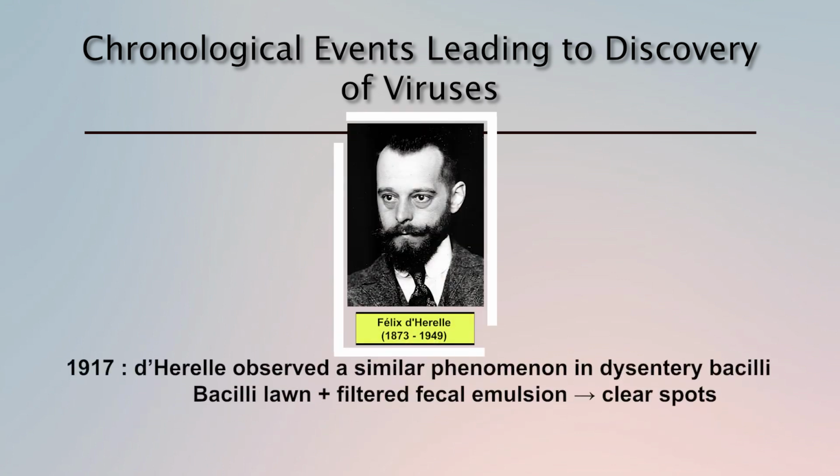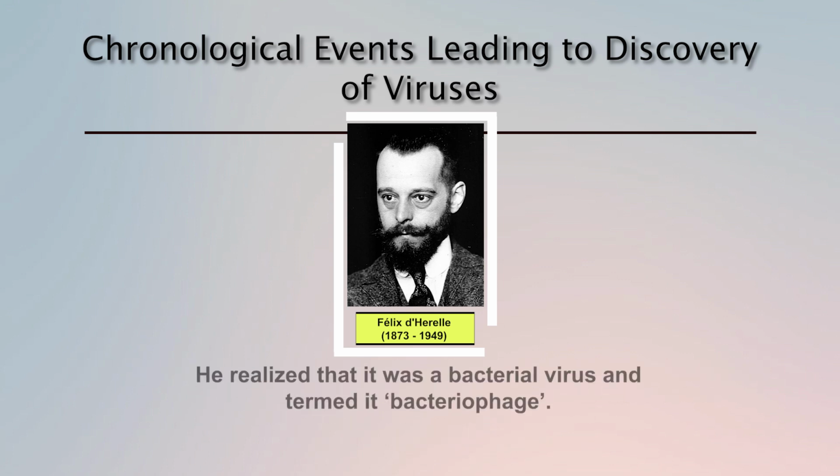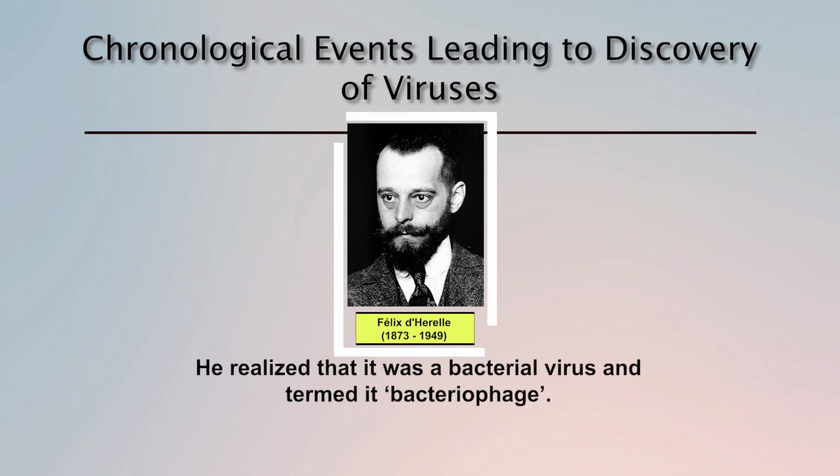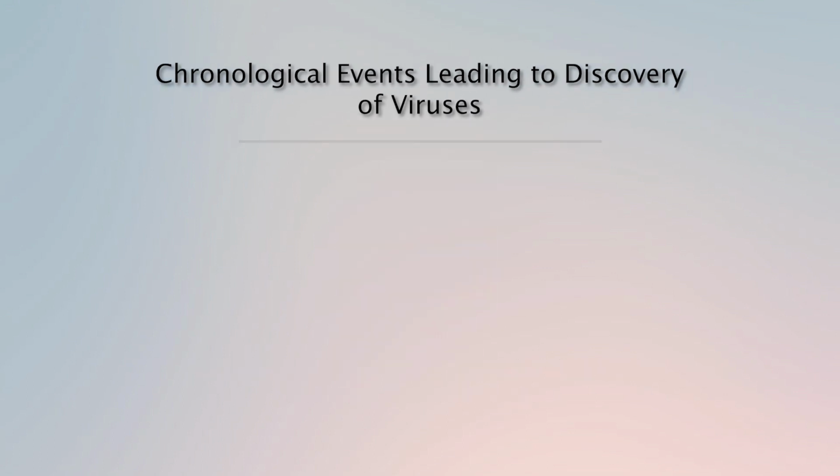Now similar observations were made by D'Herelle in the year 1917 in case of dysentery bacilli. He took a bacilli lawn and filtrate of fecal emulsion when he obtained clear spots. So these were finally termed as bacterial viruses or bacteriophages, and from these observations finally the initial definition of virus came out, that it is a small infectious agent that could not be seen by an ordinary microscope. It cannot be cultivated in absence of cells and cannot be retained by